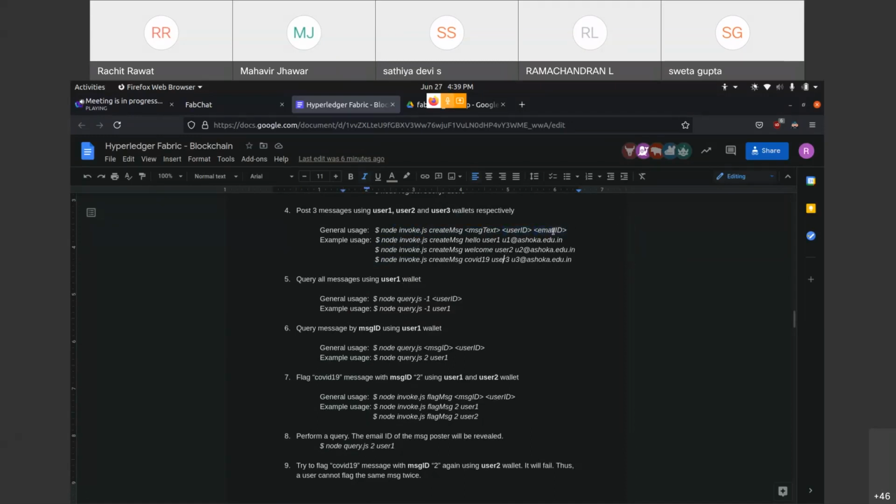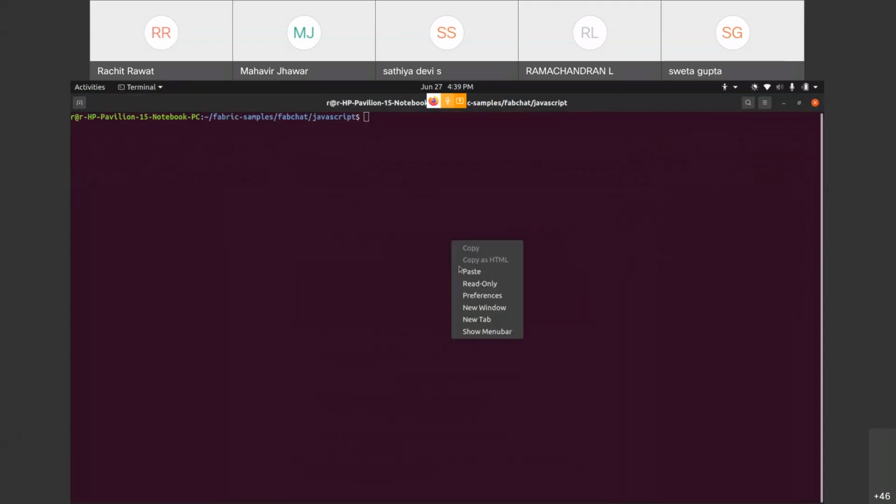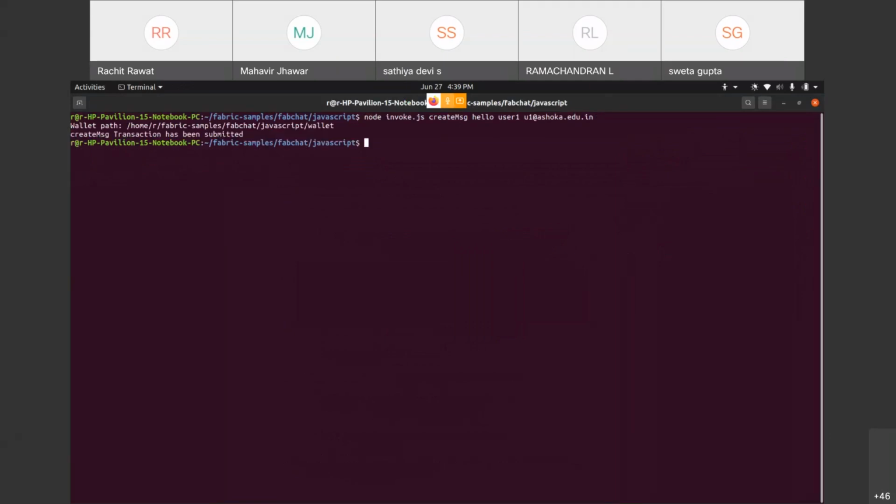So these are the example usages. Let's post 3 messages like we did earlier in the web demo of FabChat. So I'm going to post the same messages. Hello. Create message transaction has been submitted. Fine.